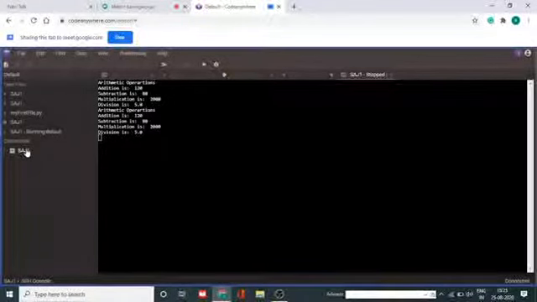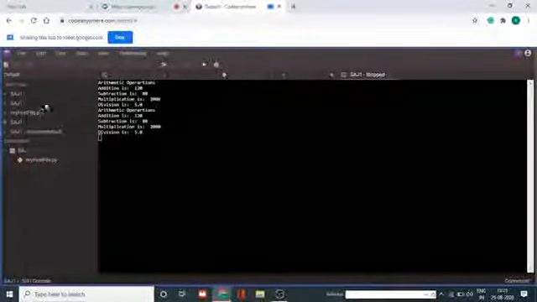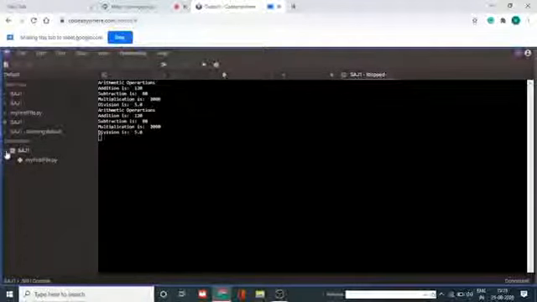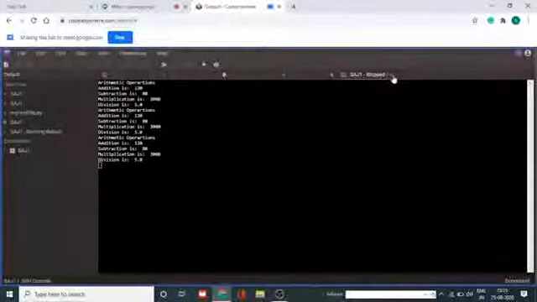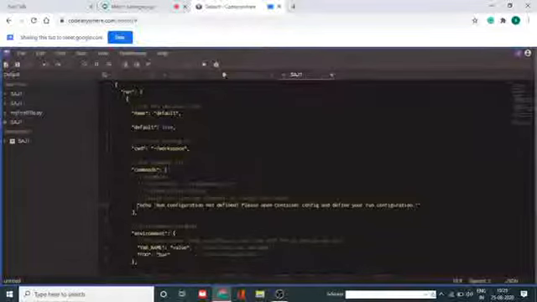If without configuring I try to execute through this run project arrow, then it will show you this error: run configuration not defined.